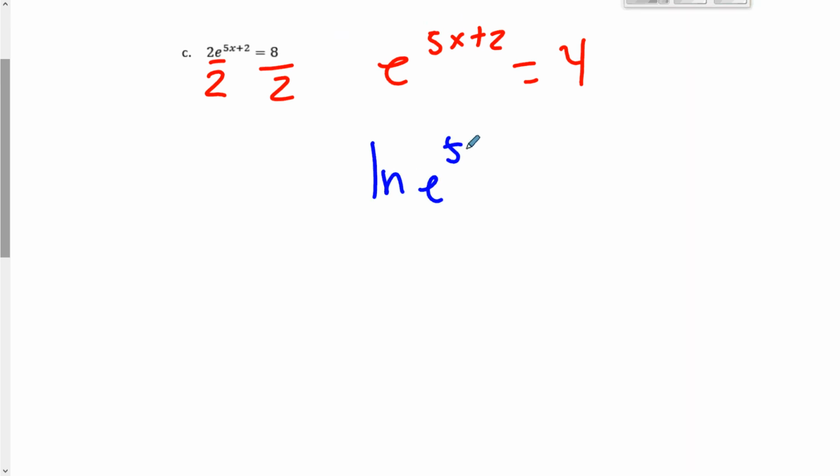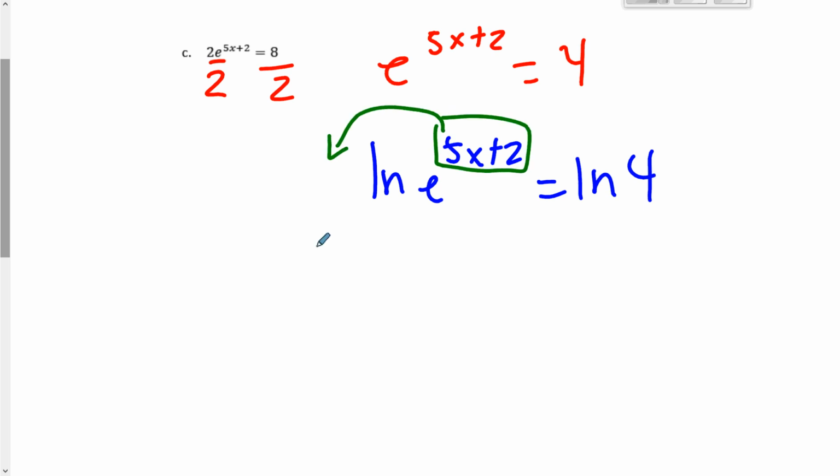So we'll ln both sides. I'm going to rewrite it for those people that are just looking at the answer key. Okay, so now we can go ahead and take our exponent, move that out front, so we get 5x, and